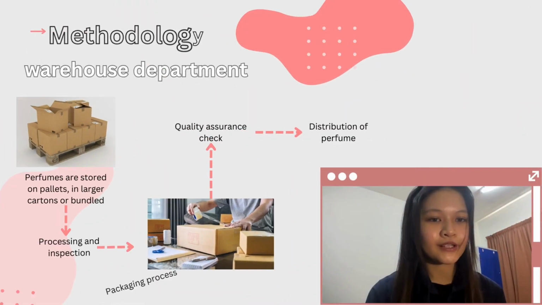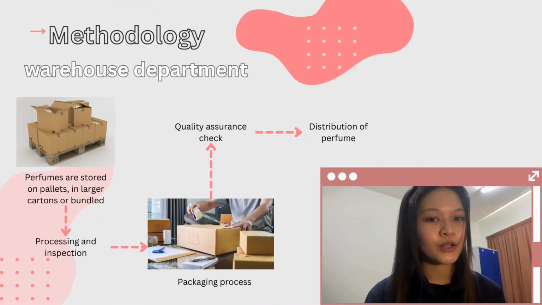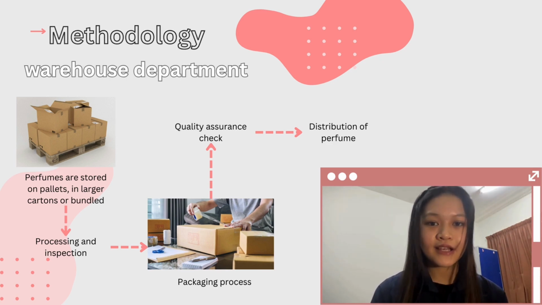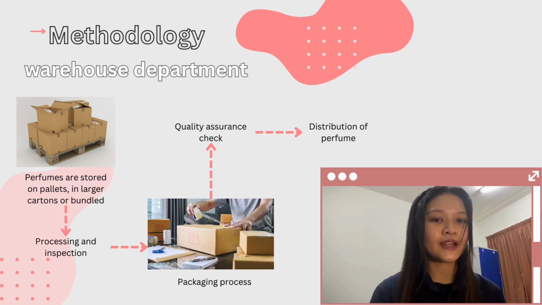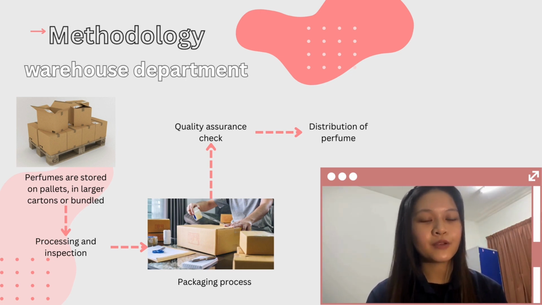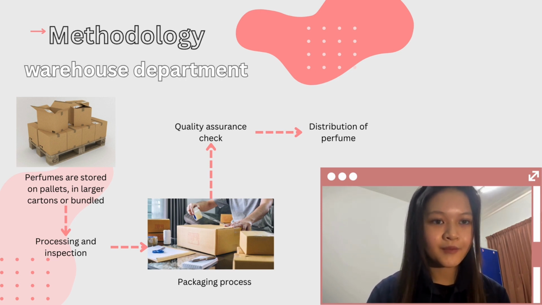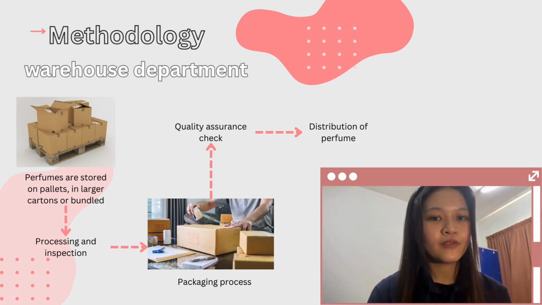Finished perfume products. The perfumes are then stored on pallets in larger cartons or bundled based on their size, type, and destinations. It is crucial for preserving the integrity of perfumes, as factors like temperature and light can affect their quality. Following storage, the focus shifts to the processing and packaging area, where perfumes undergo final preparations before being dispatched